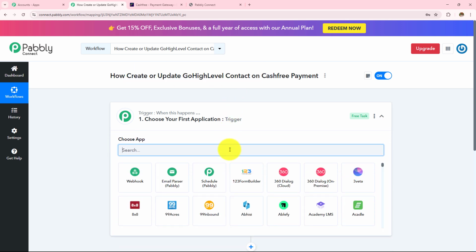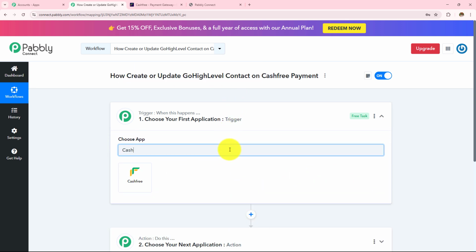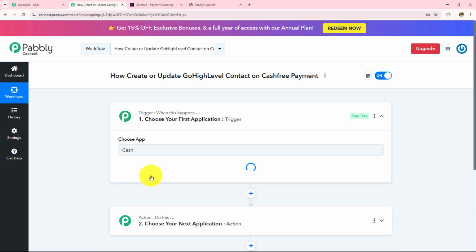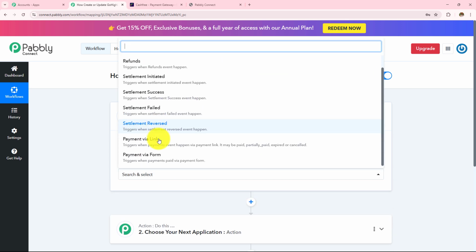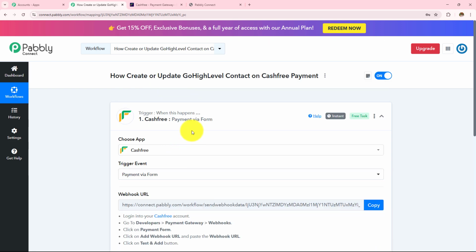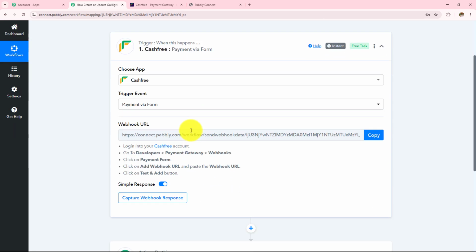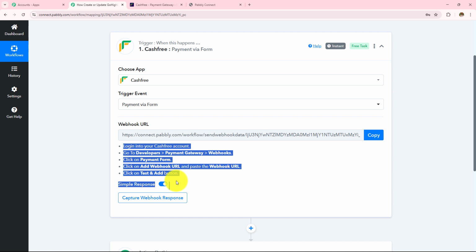So here in my trigger application, I'm going to take Cashfree, and then in my trigger event, as I'm going to do the payment via form, I'm going to select my trigger event as that. And then I need to make a connection between Cashfree and Pabbly Connect, for which a webhook URL is provided to me, and this webhook URL is going to act as a bridge to connect my Cashfree with Pabbly Connect. So reading this help desk, I'm going to make this connection, and to make this connection, let me open my